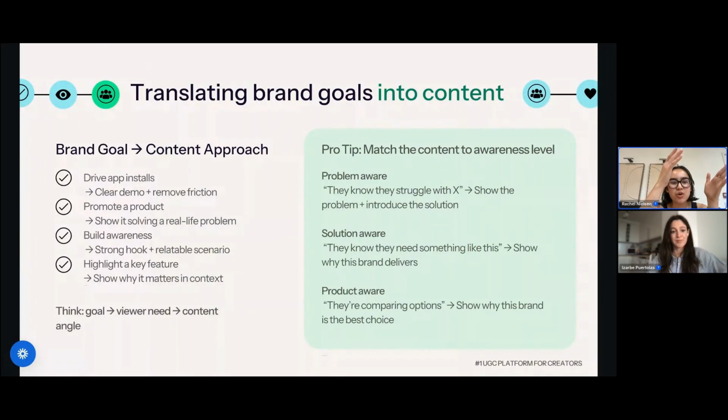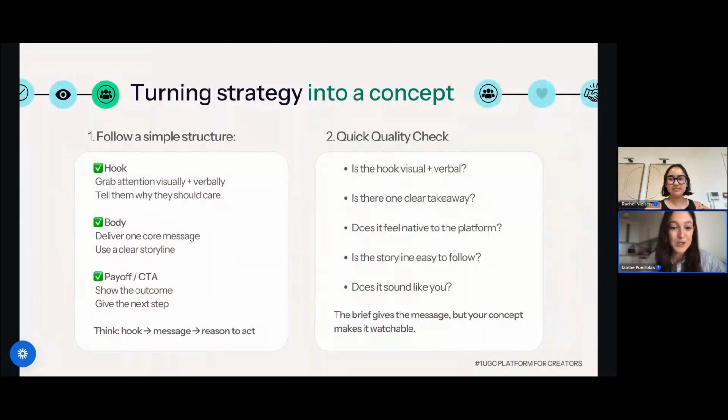So yeah, think of the goal, think of what the viewer needs, and then the content angle for it. Now, there's so many concept types, storytelling styles. We can go into this another time, and there'll be a few here in the presentation as well, which you can check out. But these are all really helpful tools to understand how to tell that story. Okay. Yeah, I was going to add actually that we will make a webinar specifically on scripting,